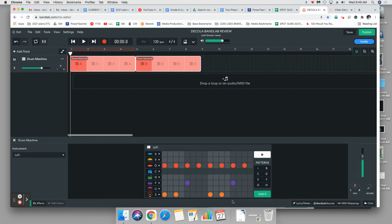So make sure that yours looks like this at the moment, okay? There we go. Okay, so what we have here is on beats 1 and 3 of the first measure, our bass drum. On the first beat, beat 1 of our second measure, the snare drum. And then it repeats, bass, bass, snare. And just like that. Now, all of this is happening in pattern A here, as listed right here, pattern A,